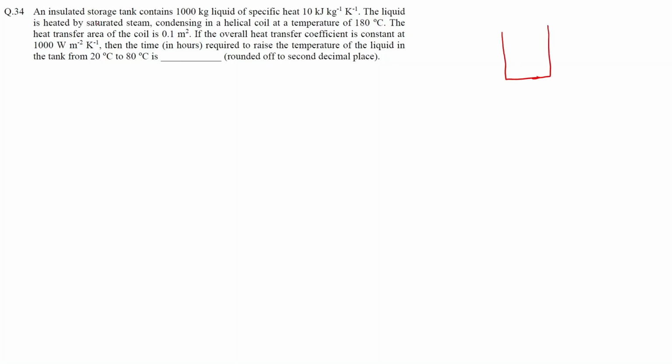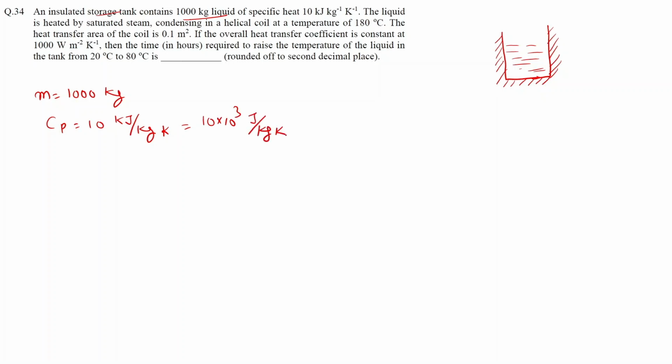From the given question, we have an insulated tank, and it has some liquid, and the mass of the liquid is 1000 kg. The specific heat Cp is given as 10 kilojoule per kg Kelvin. Let's change this into joule per kg Kelvin. So it will be 10 into 10 raised to 3